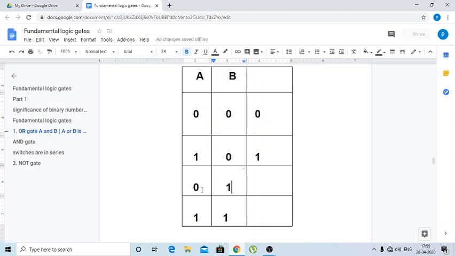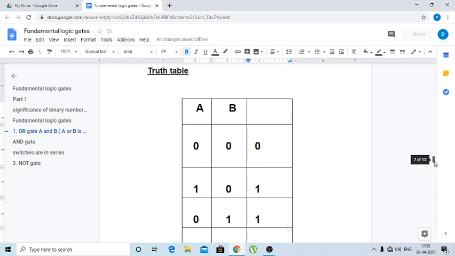It means switch A is off, switch B is on, then the input signal passes through switch B, the second diode will be in forward bias, then output is 1 and the bulb glows here. And the last and final case is both the inputs are working, both the diodes are working, both the switches are closed, signal passes through the two switches, two diodes, then output is high, bulb glows.